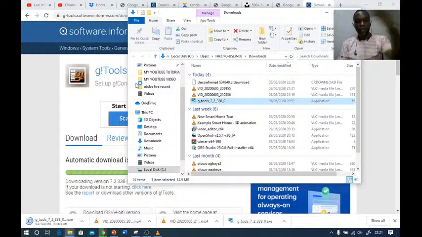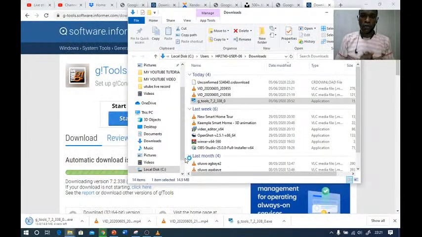Now while you are installing this, there are some softwares it will need to work with. So in the process of installing, if it requests for any software, click on yes to allow it to run. Just allow it to download that software and install it on your system.